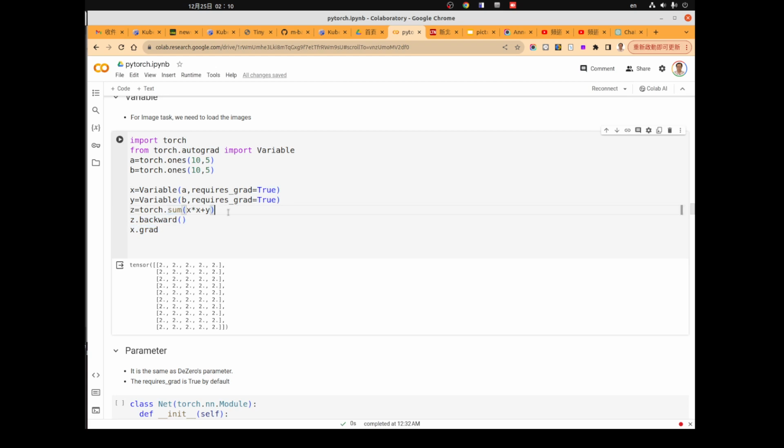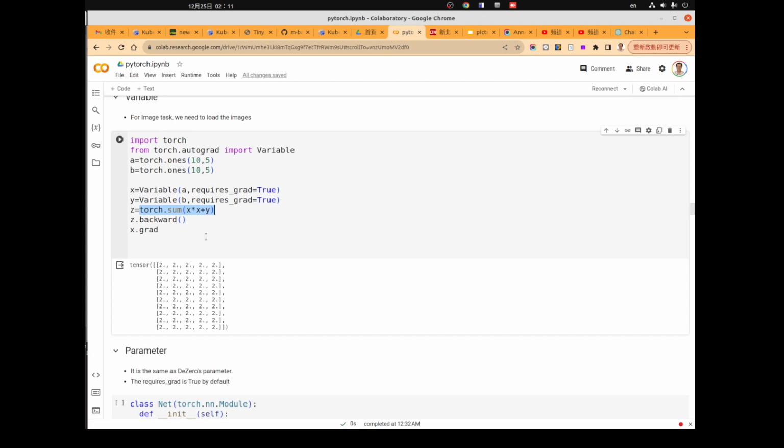The object returned by the variable function is an object which can be used to construct the computational graph. The computational graph is something like this: torch.sum of x squared plus y.